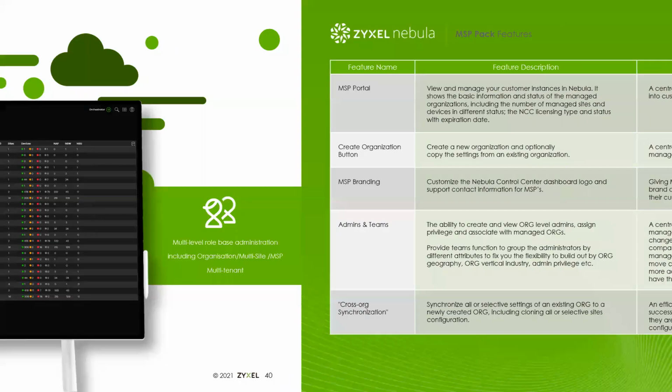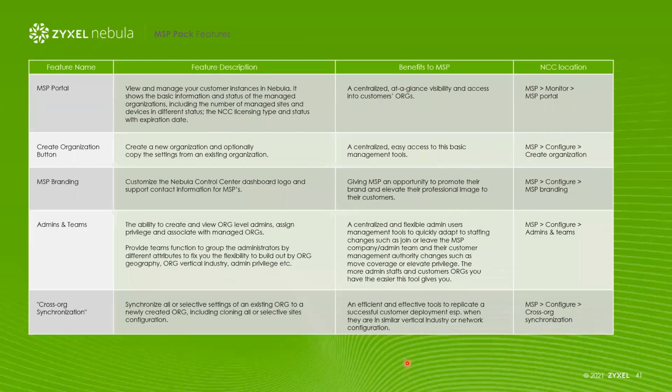Some of the other features it gives you here is MSP branding. So you can remove the Zyxel branding from the Nebula interface and add your own company's branding to that interface. You can remove our support information and replace it with your company's support. So if you're giving your users or your customers access to manage their own networks, this may be something you'd